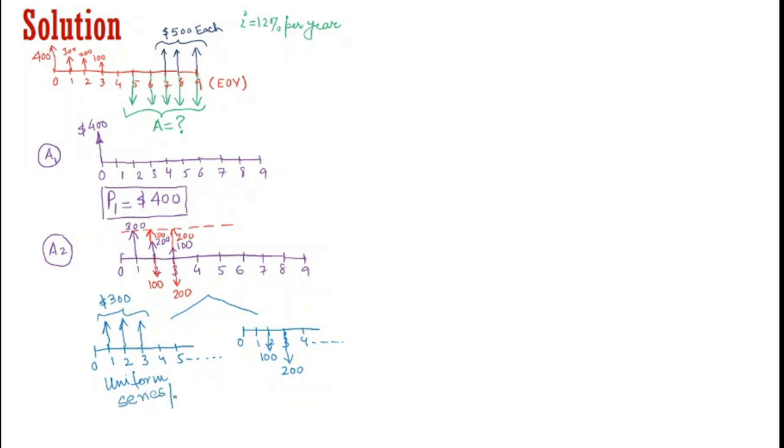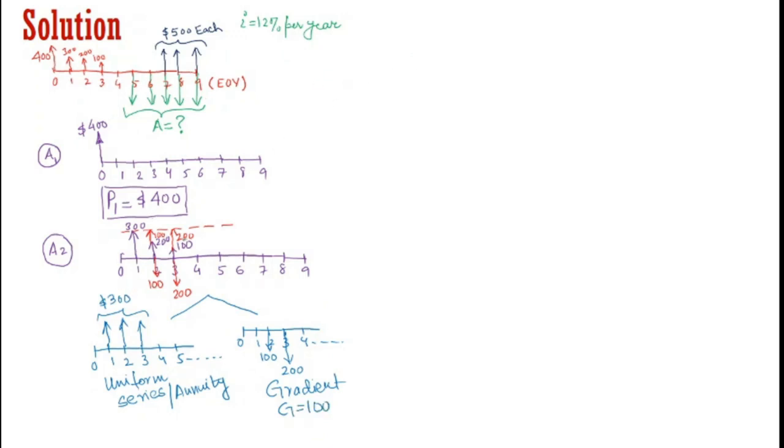Or what we call an annuity. And this is a standard gradient series where we have G equal to 100. Now,